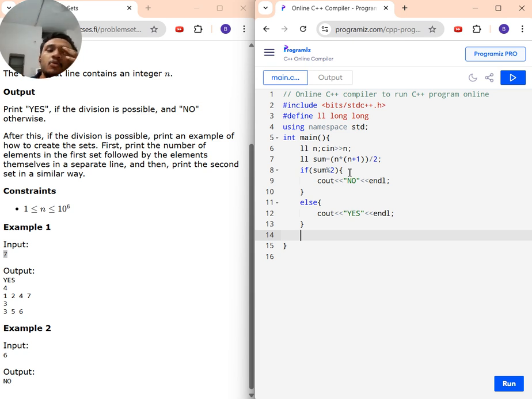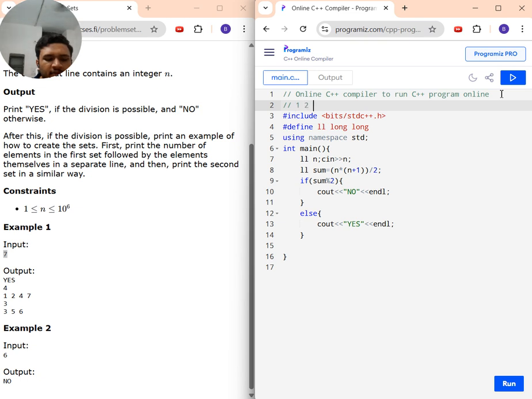I need to form two vectors wherein I can store those elements. Now what can be the algorithm? I'm just showing an example in the comments. Let's say I have the first seven numbers, and the sum is 28, 7 into 8 by 2, so it's 28. I need to split it into two groups of 14. Many might think that you have to check each and every element, and check whether I can form that particular sum or not. So then it looks like DP, that I'm checking all the cases, but no,